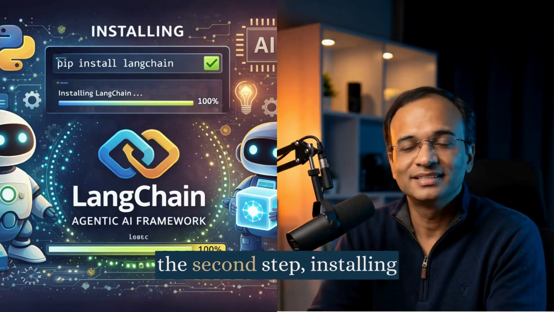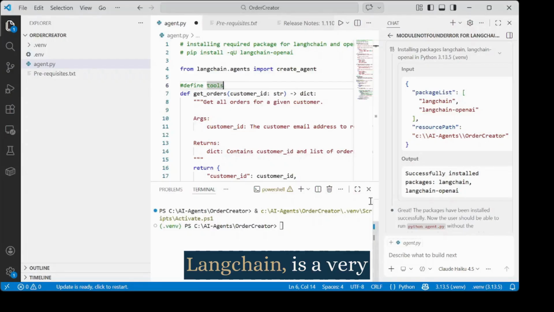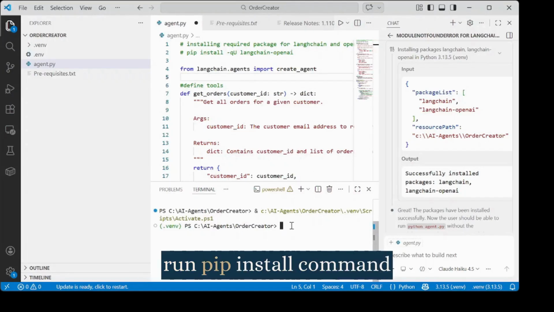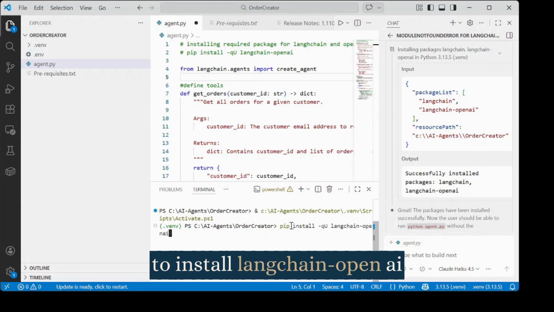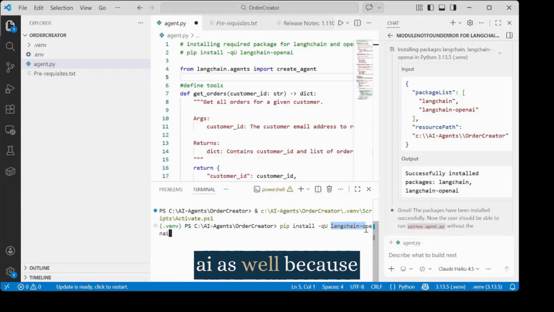So let's start with the second step, installing LangChain and OpenAI framework. LangChain is a very popular agentic AI framework. We just need to run the pip install command to install the LangChain-OpenAI framework. I have added OpenAI as well because this agent will be using the OpenAI GPT model as a brain for planning